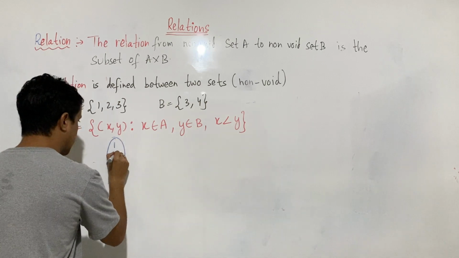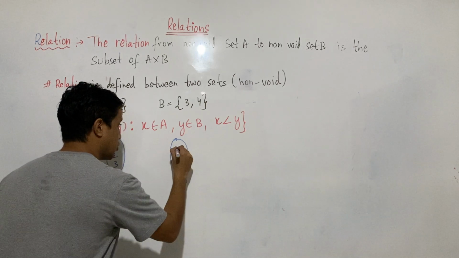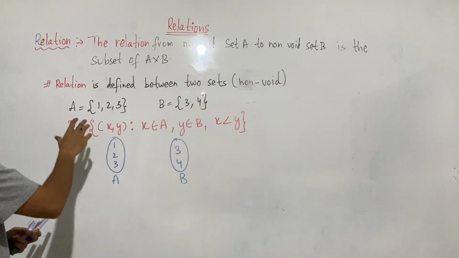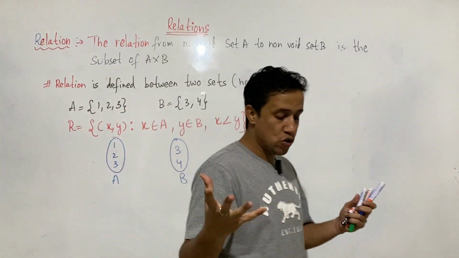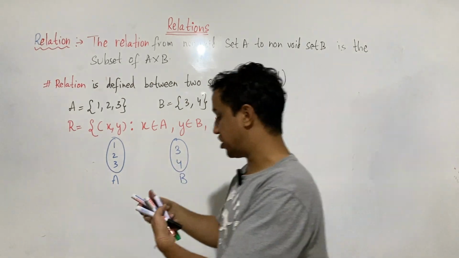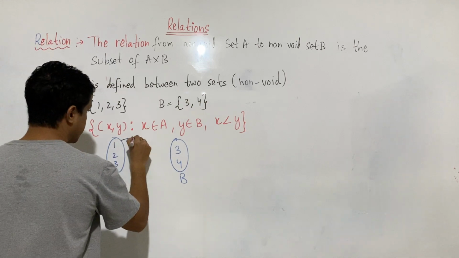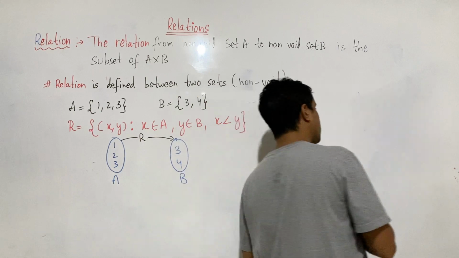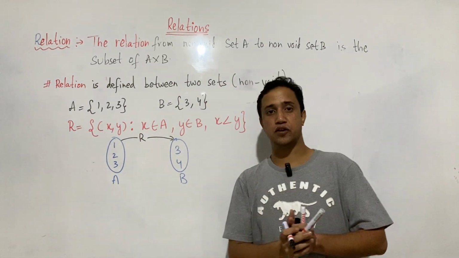Here set A is 1, 2, 3, and here set B is 3, 4. Now, the relation says that you have to find, okay, this relation is from set A to set B. Okay, and the relation says that you have to find all the ordered pairs such that